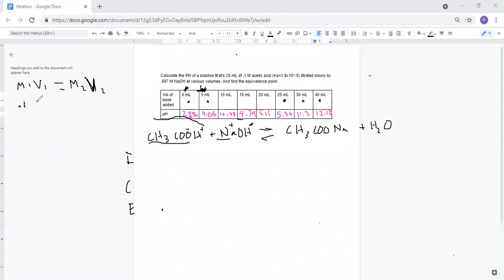We have 0.1 times 25 mils, and then our M2 times our volume 2. We need 25 plus 40 mils of base. That's a whole lot, so that's going to be 65. Okay, so our M2 is going to equal